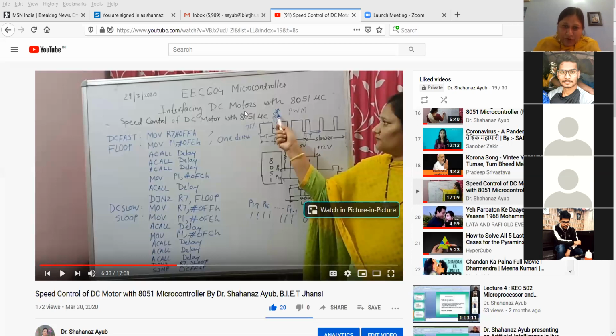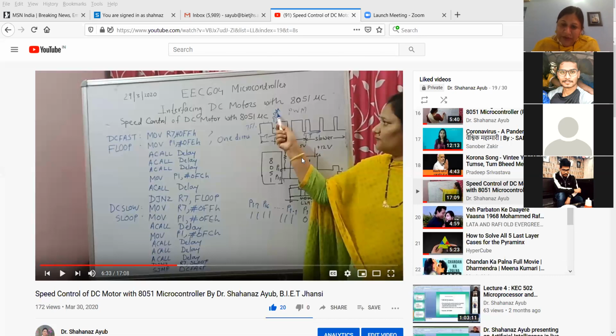Now, what we have seen yesterday, that when you have to interface motors with 8051 microcontroller, then you cannot directly interface it with the port pins of 8051 microcontroller. Why? Because the current capability of port pins of 8051 is not sufficient to drive the motor. So even if your motor is 5 volt, and the 8051 supply is also 5 volt, still you cannot drive a 5 volt motor with 8051. Why? Because the current capability is not sufficient. So what we do, we connect